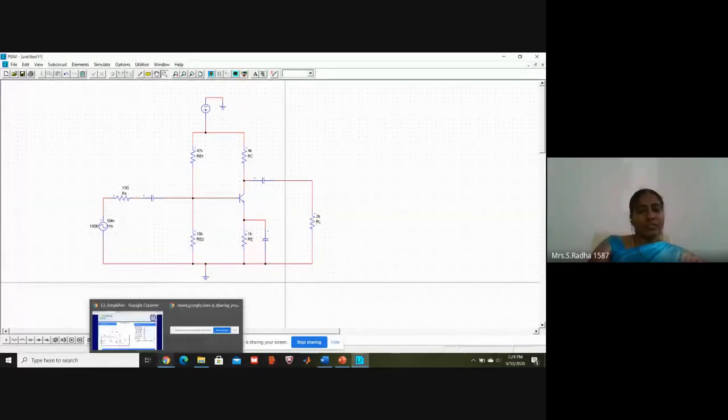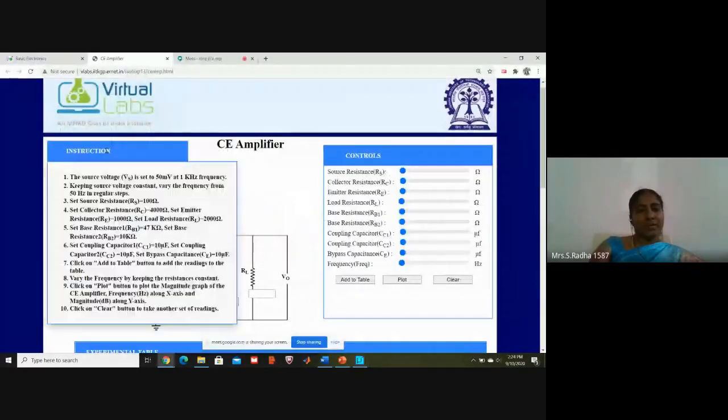Okay. Now I will go to the circuit. VCC 12 volts or 15 volts. Is anything mentioned here for VCC? By default, it is given. In the instruction, it is not mentioned. Generally, 12 volts or 15 volts or 30 volts, some value we can give. If you take any textbook, it will be mentioned.